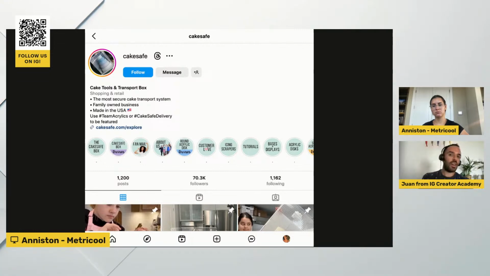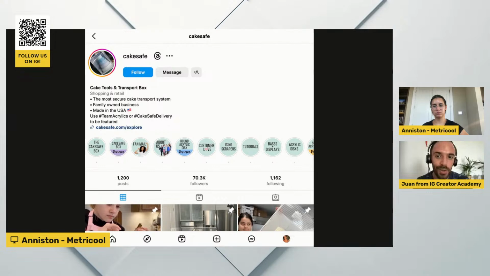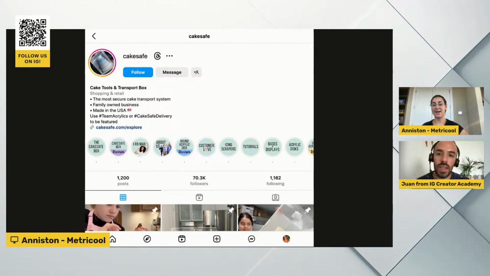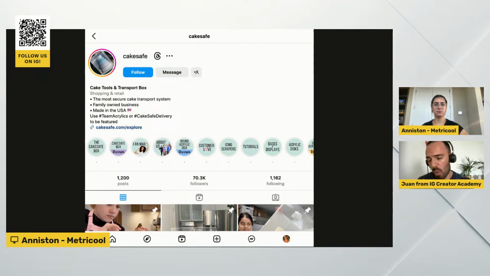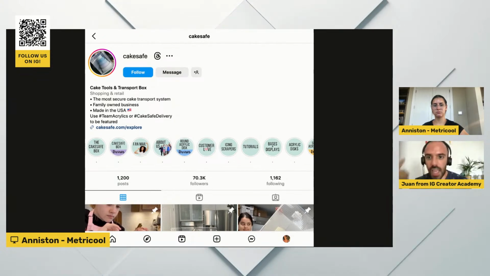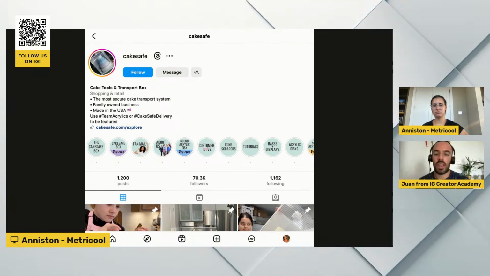So just maybe change the profile photo. I would actually change the profile photo to the photo of the family. It would humanize the brand completely and make it more approachable, and people will remember more that it's a family-owned business because the profile photo is a whole family rather than just the box or the cake in the box, which doesn't even look like a cake in the box.